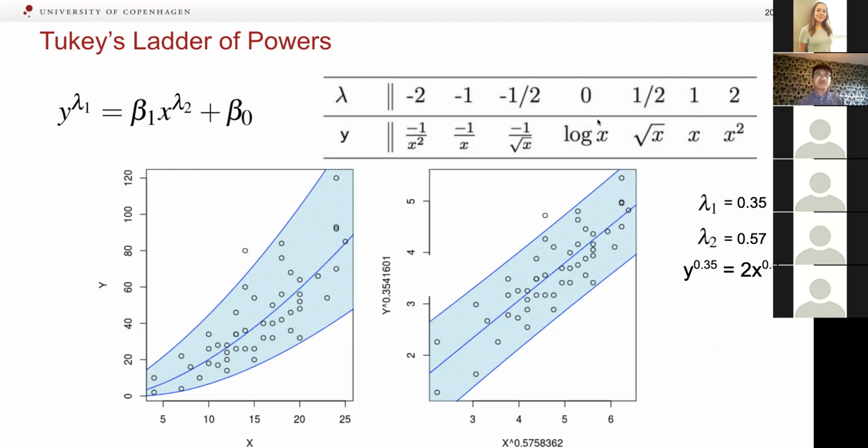Users need to tweak different combinations of lambda 1 and lambda 2 from the first row in the table to form a linear relation between transformed x and y. And the second row of the table shows keeping y the same, which means lambda 1 equals 1, and altering the values of lambda 2 for x. And this figure shows an example of transforming a nonlinear relationship to a linear relationship. As you can see, here are the values for lambda 1 and lambda 2.